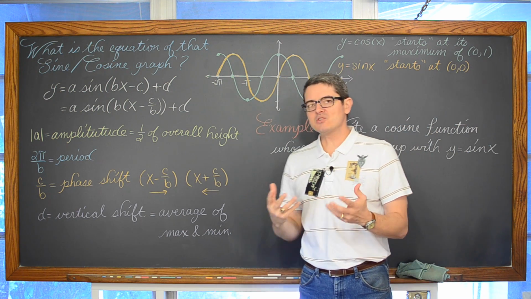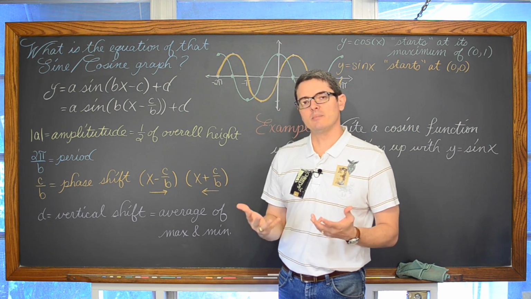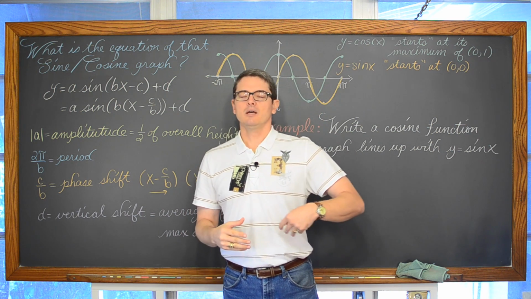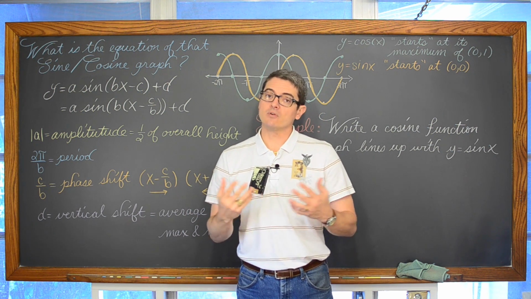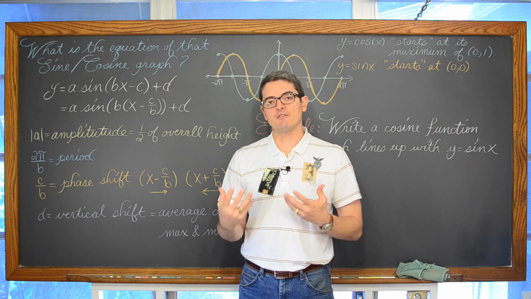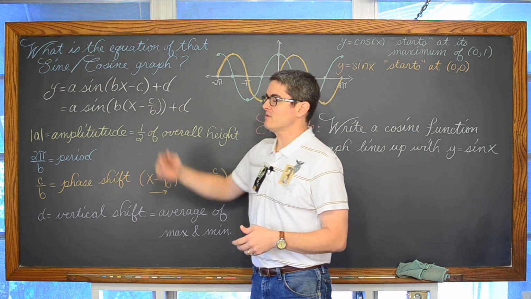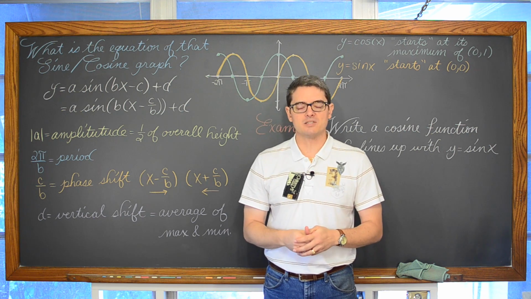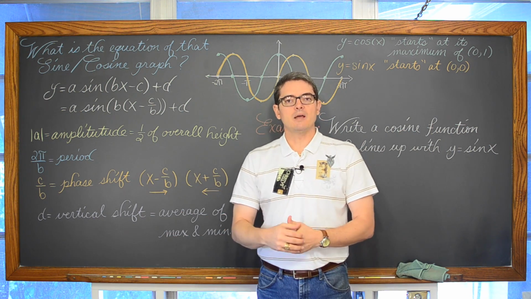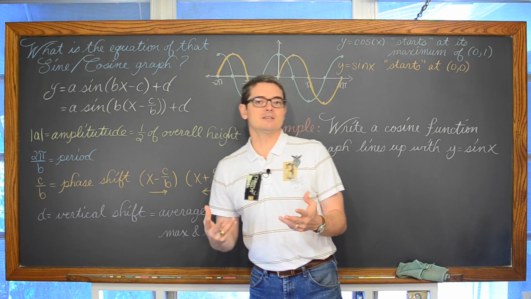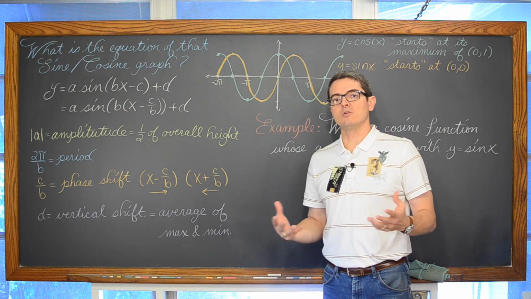So your teacher, your textbook, is going to have to give you some limitations. Maybe they'll say that your amplitude needs to be positive or negative. You're only allowed to come up with a function in terms of sine or cosine. Make sure that your phase shift is the smallest positive value possible, because every person in the class could really give a different answer and yet still be correct.